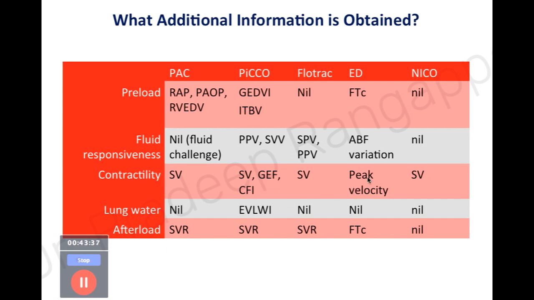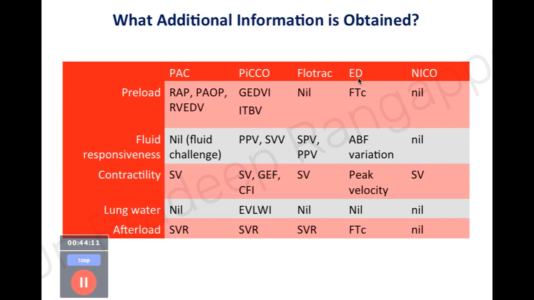So right now, I think what we predominantly rely on is the simplistic FloTrac, because what it needs is only an arterial line, and it will capture the area under the curve and give you your stroke volume variation, systolic pressure variation, pulse pressure variation and stroke volume. So this is easier, and NICO is available in few places. It's very simplistic. It doesn't give you any of your RV or RA indices, neither does it give you systemic vascular resistance index. It only gives you stroke volume.